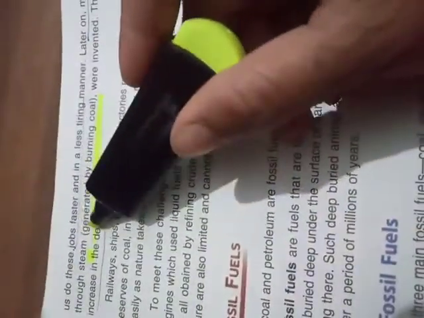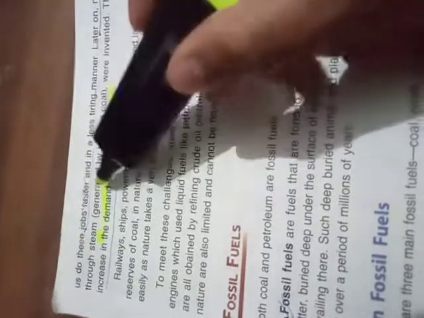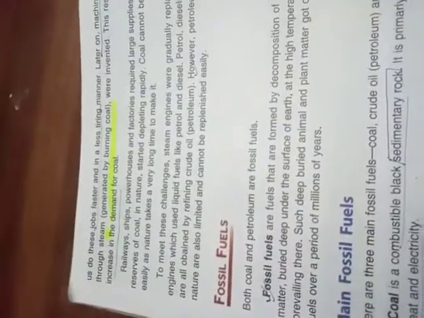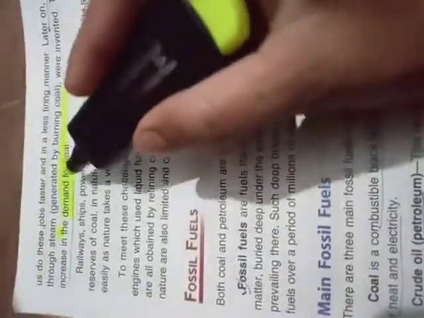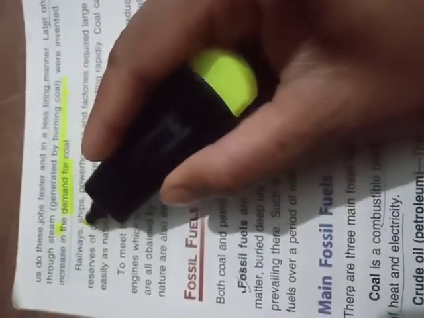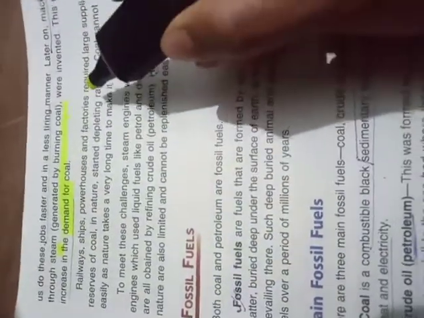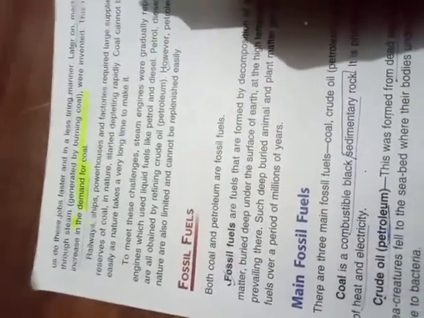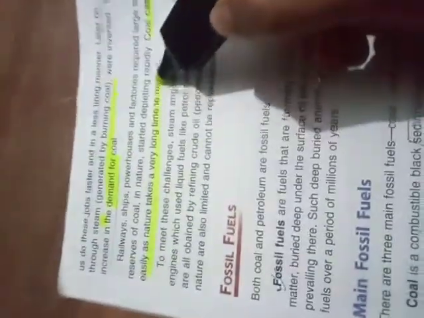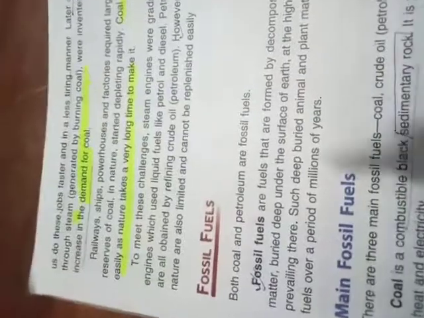But as we produce steam, we need so much coal, so the demand for coal increased as evolution went on. This demand for coal kept increasing as railways, ships, powerhouses and factories were set up, and they required a large supply of coal. The important thing to keep in mind is that coal cannot be replenished easily, it needs time. So to meet these challenges,